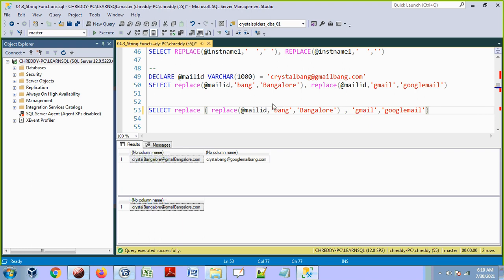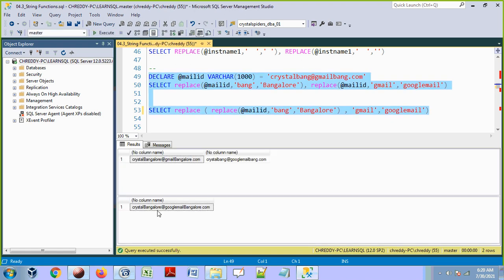See, now here first it will take the mail ID variable's value and replace Bang with Bangalore. After that, what value are we going to get? This value, crystalbangalore@gmailbangalore.com, and within this value again we verify for Gmail and replace that Gmail with Google Mail. So now let's execute this one.